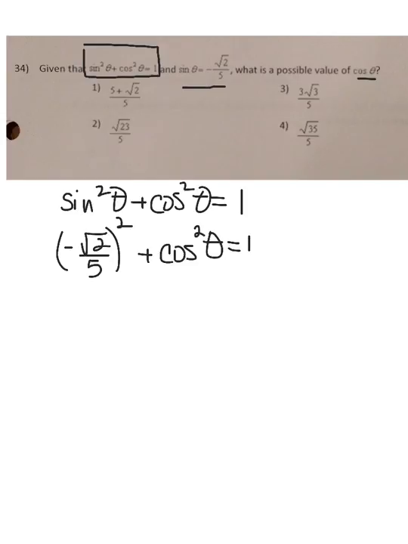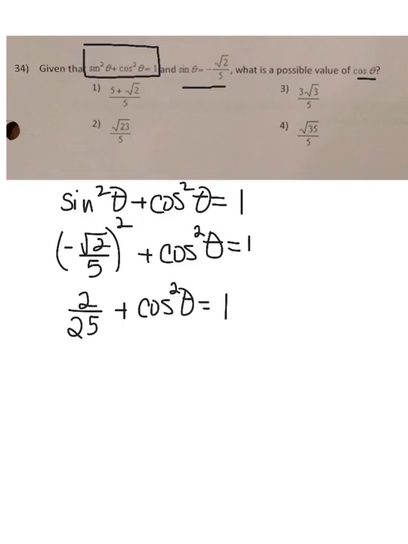Now you can use your calculator or you can use your brain. I'm going to use my brain. And I'm going to square my negative radical 2 over 5. Well, I know a negative times a negative is a positive. And radical 2, if I square that, is just a plain old 2. And 5, if I square that, is 25. Again, you can put that in your calculator. You'll get the same thing. Plus cosine squared theta